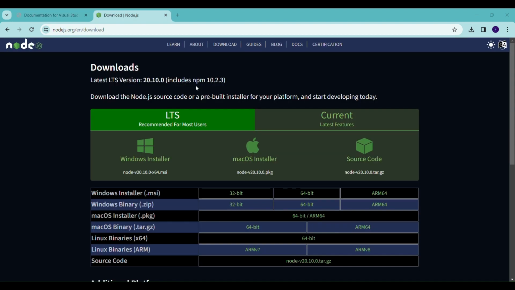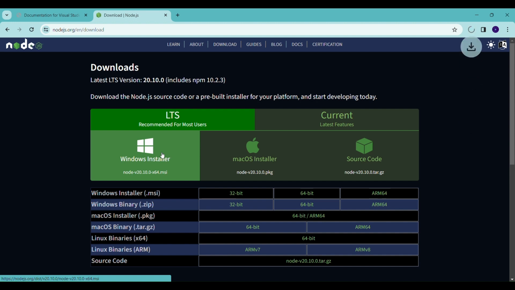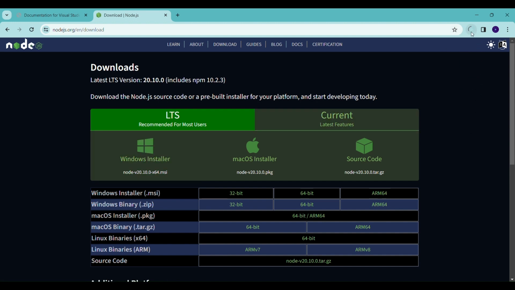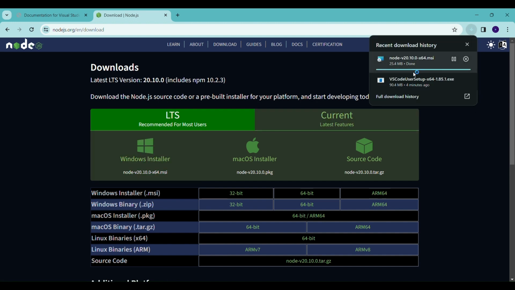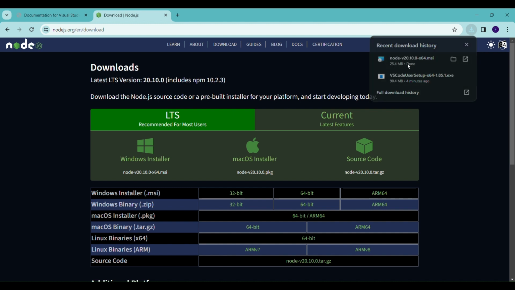So we are going to go on their official website for Node.js, and it is preferred to download the LTS version rather than the current version, as the current version might have some changes. So we'll go with the LTS version and we'll go for our Windows installer. So Node has been downloaded.